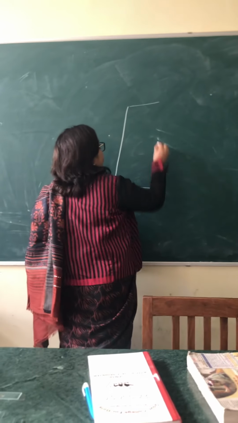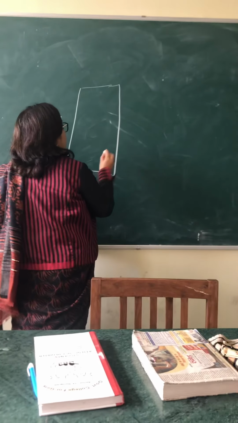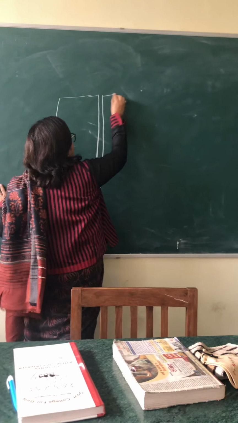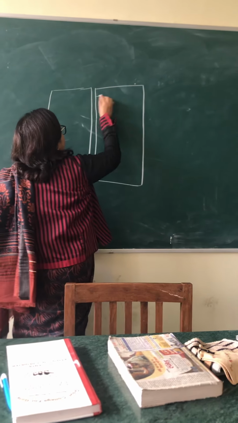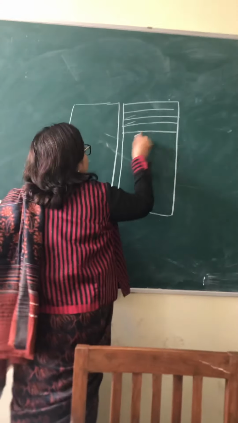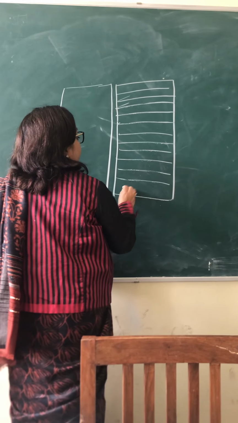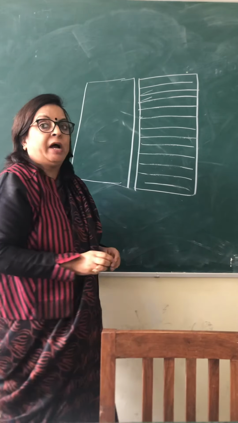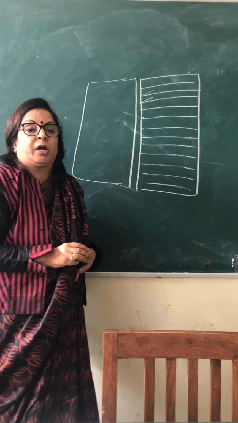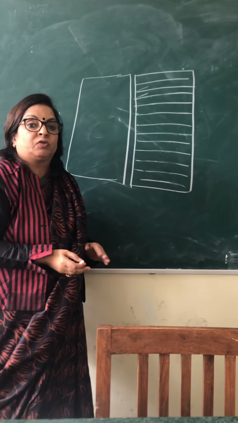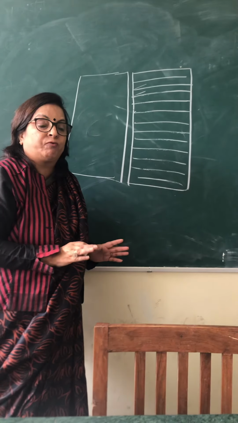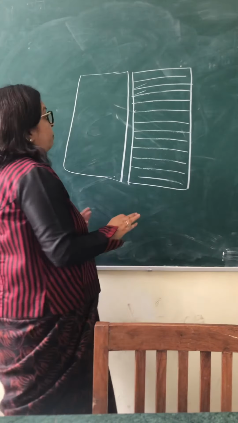This is our drawing sheet and this is our line sheet. You will get two kinds of sheets in the market, drawing and line separately, or you can have the drawing sheet on one side and the line sheet on the other side. So it is up to your convenience, whatever you feel is right, you can buy whichever is convenient to you.